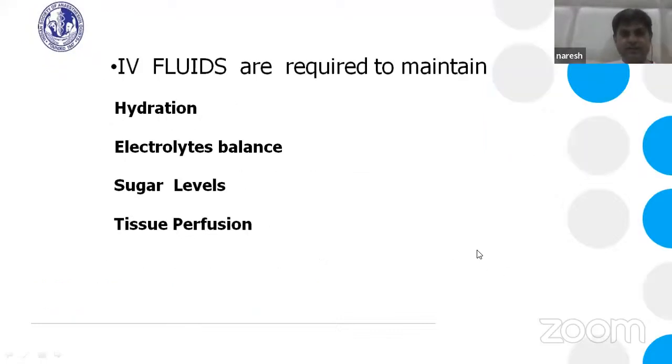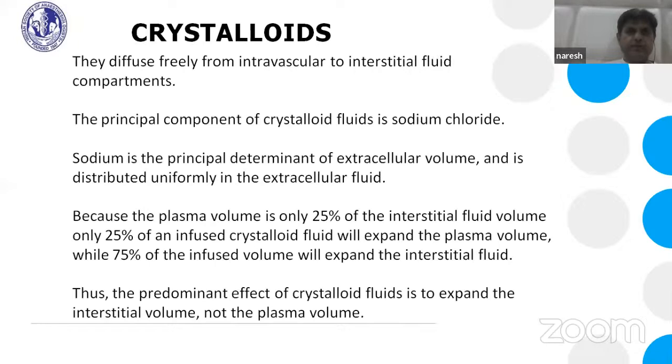So why do we need fluids? What is the need of fluids in the perioperative period? It is to maintain the hydration of the patient, to maintain the electrolyte balance, to keep the sugar levels within control, and to ensure adequate tissue perfusion. So we have crystalloids, colloids, blood products, and